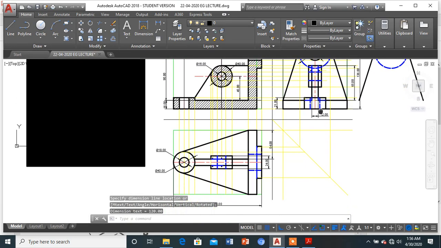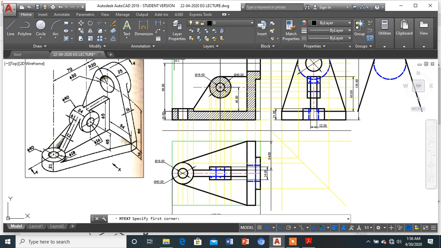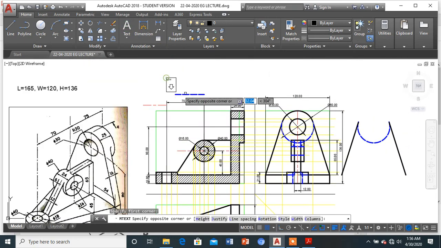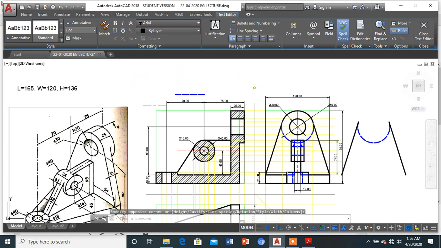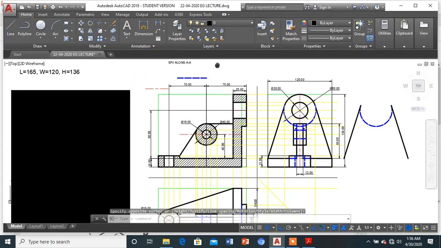As we have shown all the dimensions, let us simply name the parts. This is nothing but the sectional front view along AA.